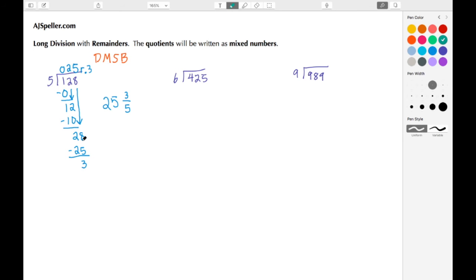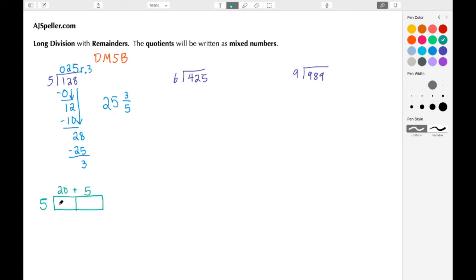Let's use the area model for the check. We know that we're going to end up multiplying the quotient here, which is 25, times the divisor, which is 5, and then add on the remainder. So we're going to write our 5 here off to the side. 25 can be written in expanded form as 20 plus 5. So I'm going to place my 20 here, my plus operation, and my 5. And then I'm going to multiply to get my partial products.